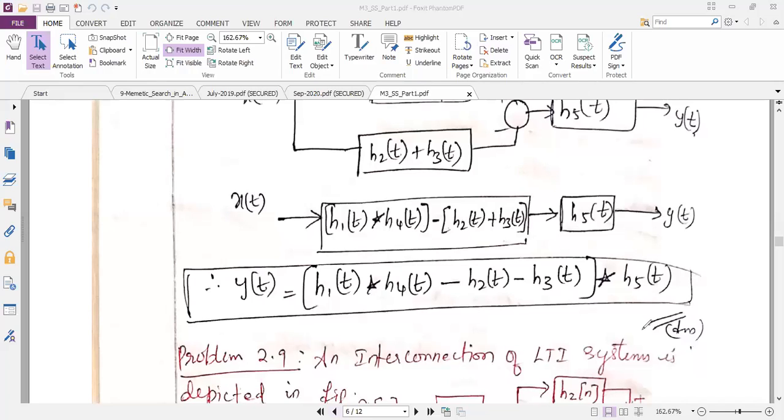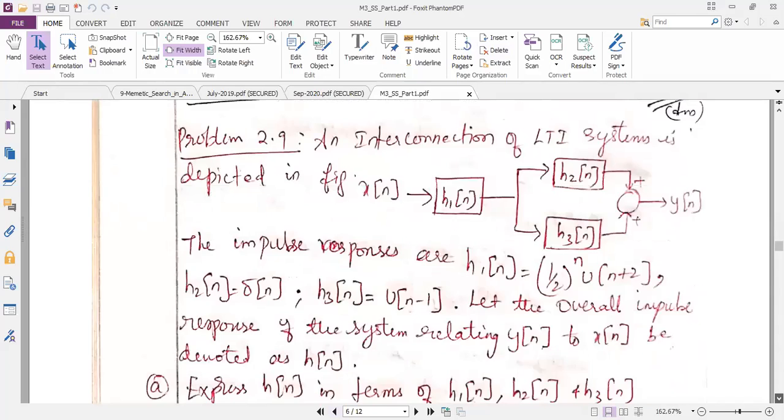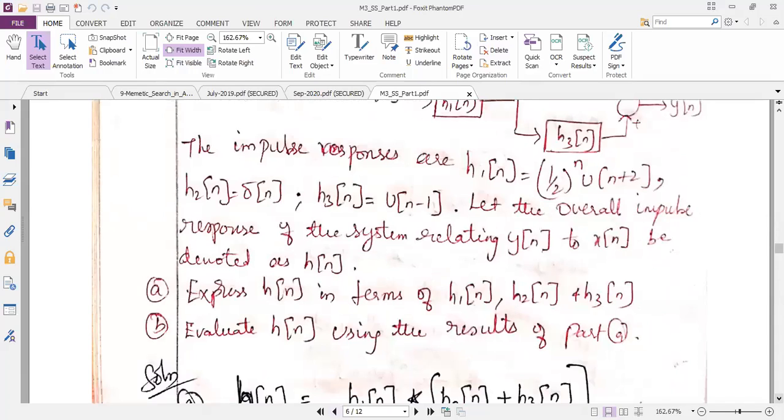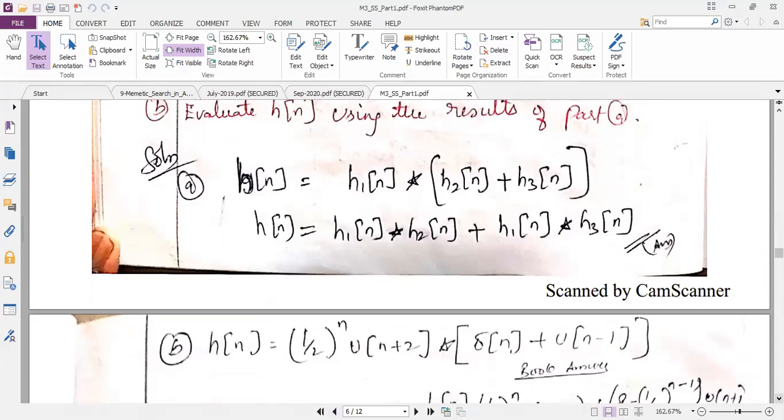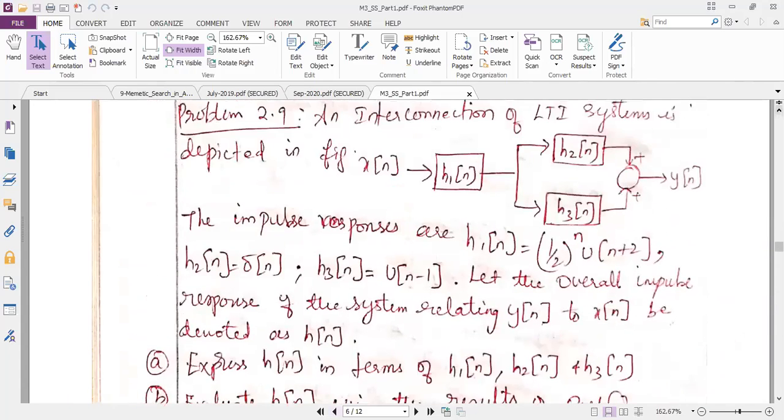I hope all of you understood the convolution problems we have done in the earlier module; they are very important. Even in the third module we will do convolution indirectly, not directly. Our main aim is to find the total impulse response, but since I get convolution symbols when I simplify, I have to perform the convolution also. So convolution is important in module 2 as well as module 3. Practice the convolution problems a number of times and be comfortable with them.